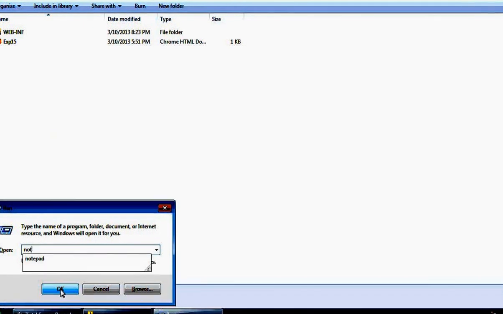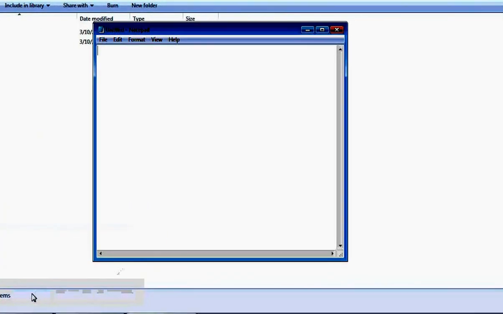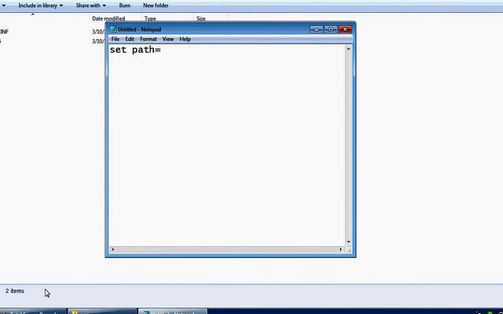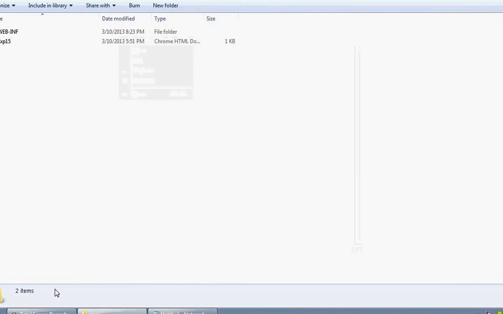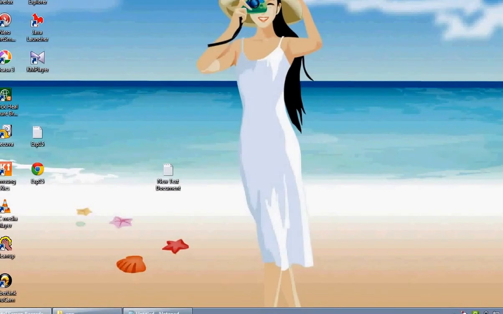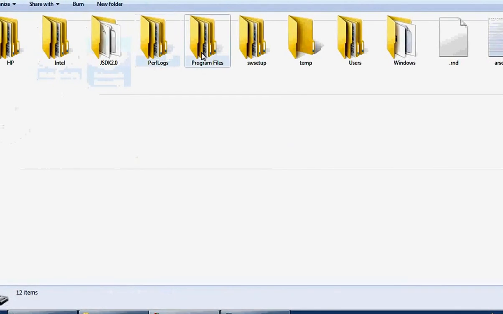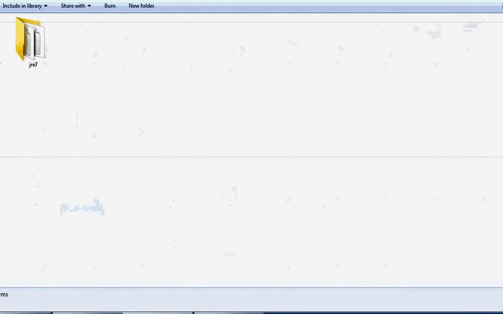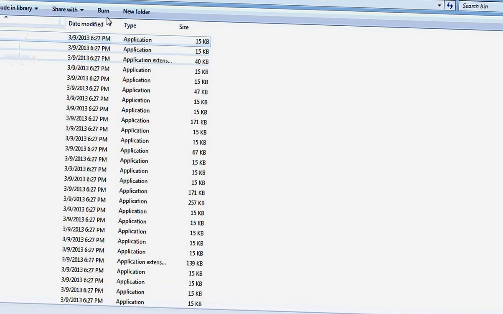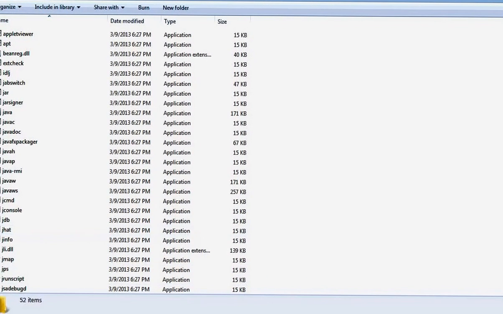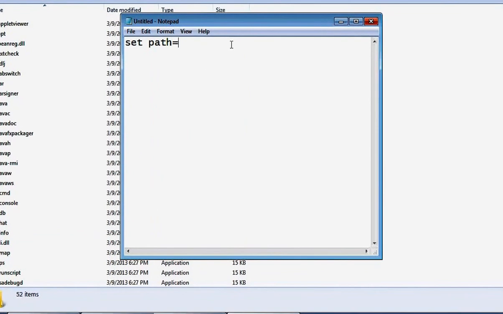Just open Notepad, write set path equal to, and paste here the JDK bin path: Program Files, Java, JDK, bin. Copy this path and paste it in front of the set path.